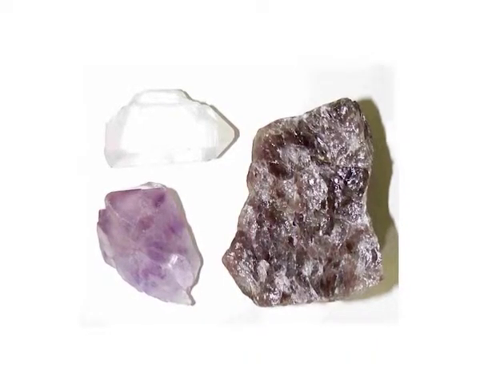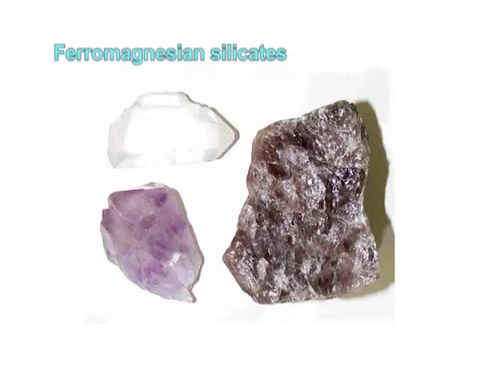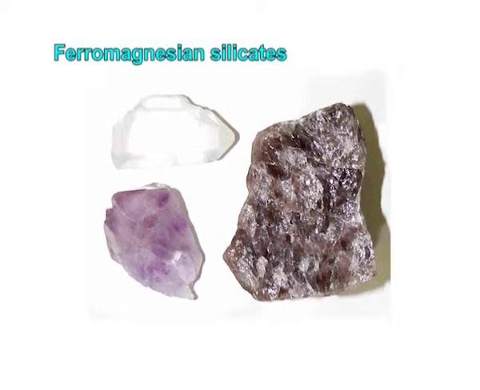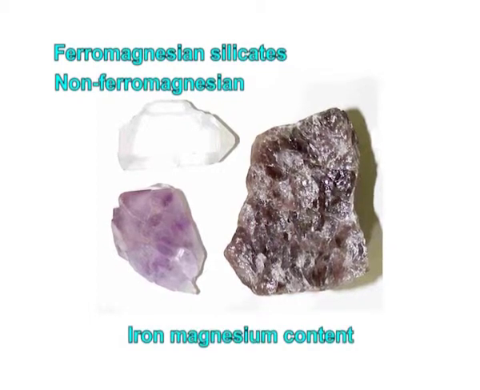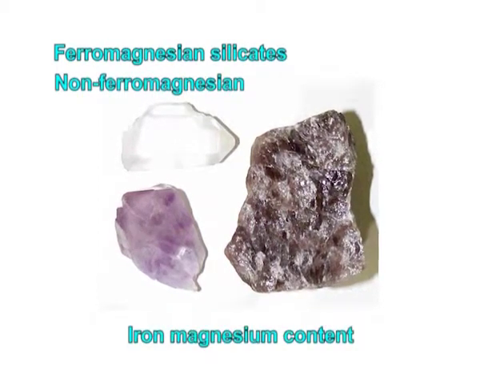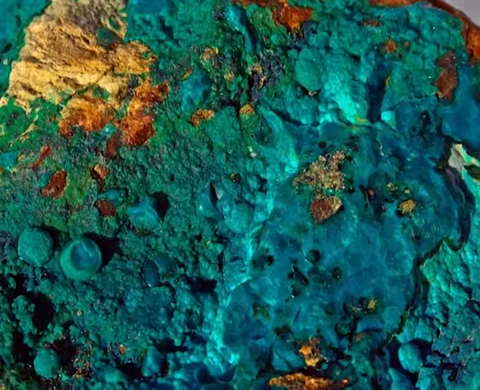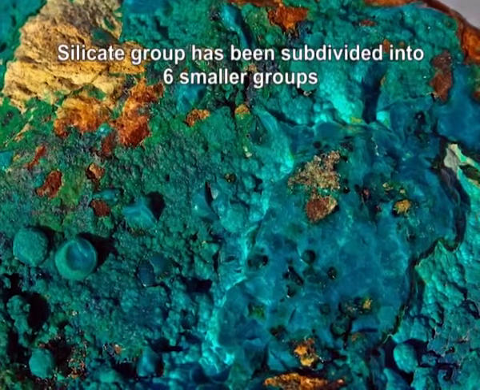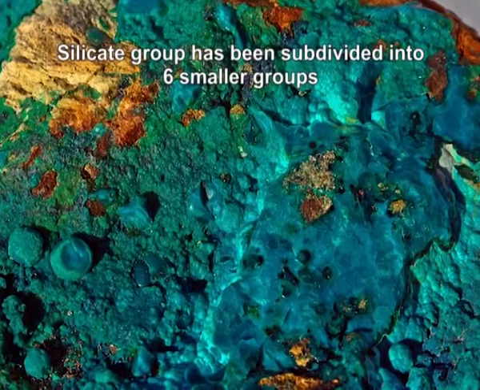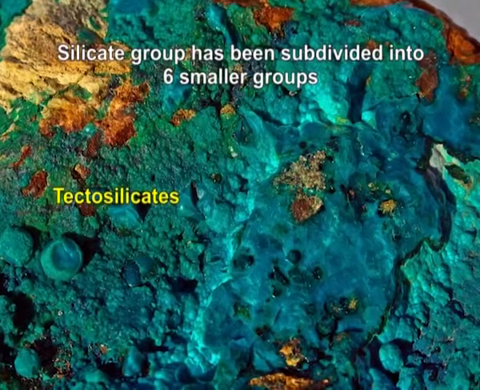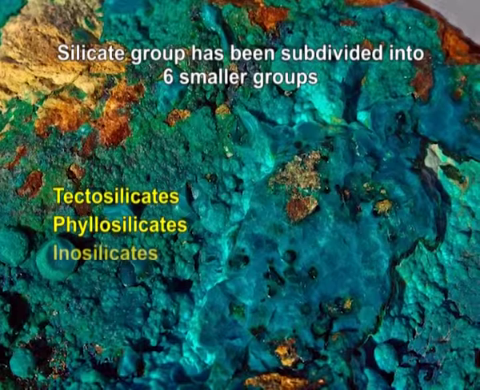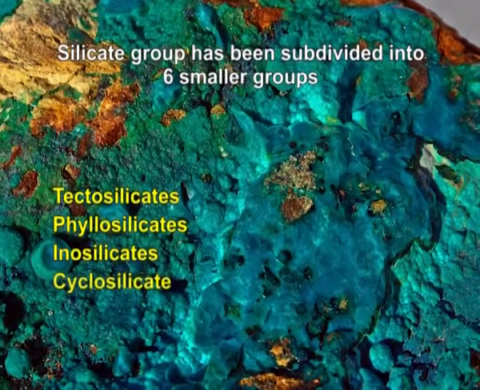Silicates are often divided into two major groups, ferromagnesian silicates and non-ferromagnesian silicates, based on the iron magnesium content. On the basis of mineral structure, the silicate group has been subdivided into 6 smaller groups, namely tectosilicates, phyllosilicates, inosilicates,